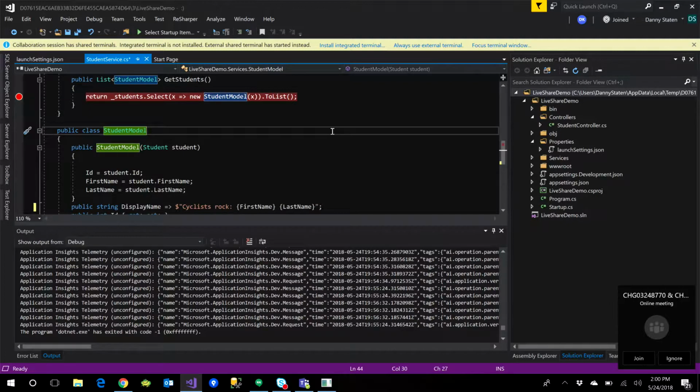Did you have to run that as admin to get this to all work, or can you run it as a regular user and get it all? No, you can run it as a regular user. I just, by default, have my Visual Studio running as admin. Cool. Thanks, guys.